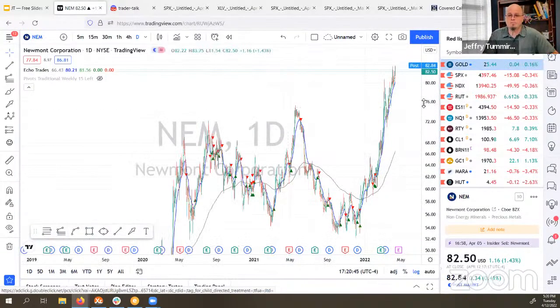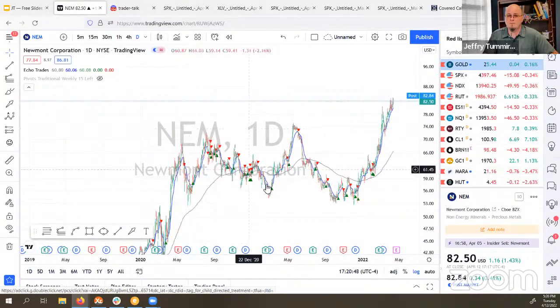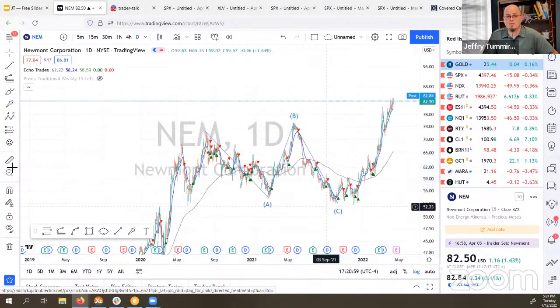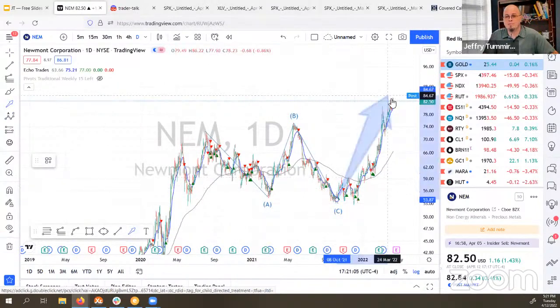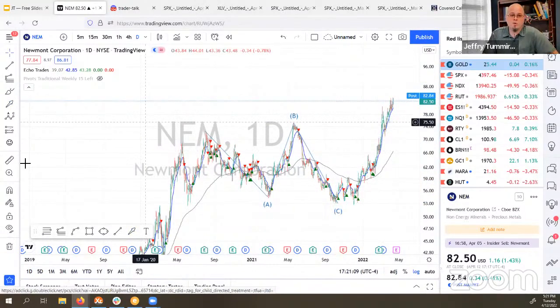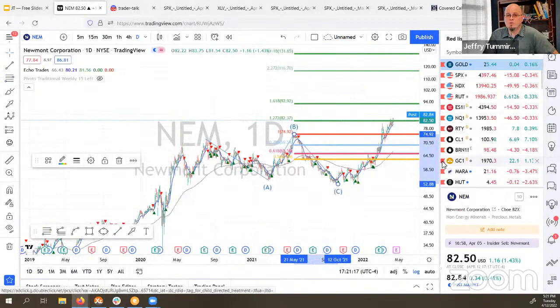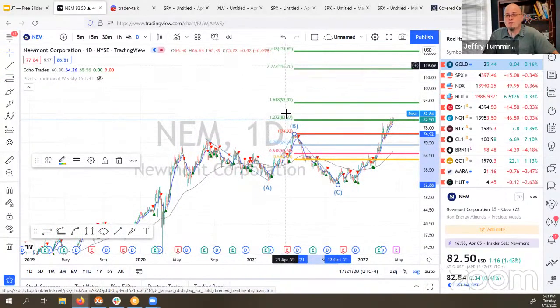Back to NEM. You could say megaphone, kind of. Looking at it, it's kind of like it did this higher B correction right here, and it was a big flat. And now we're breaking out higher. We did a little 1, 2, 3 type move. Where would it be headed? Possibly, potentially, you know, it can find resistance here. It could run up to 92, or if it really breaks out, it could be up to 116. If gold, the metal, starts breaking out, we could see a nice big move up in NEM.